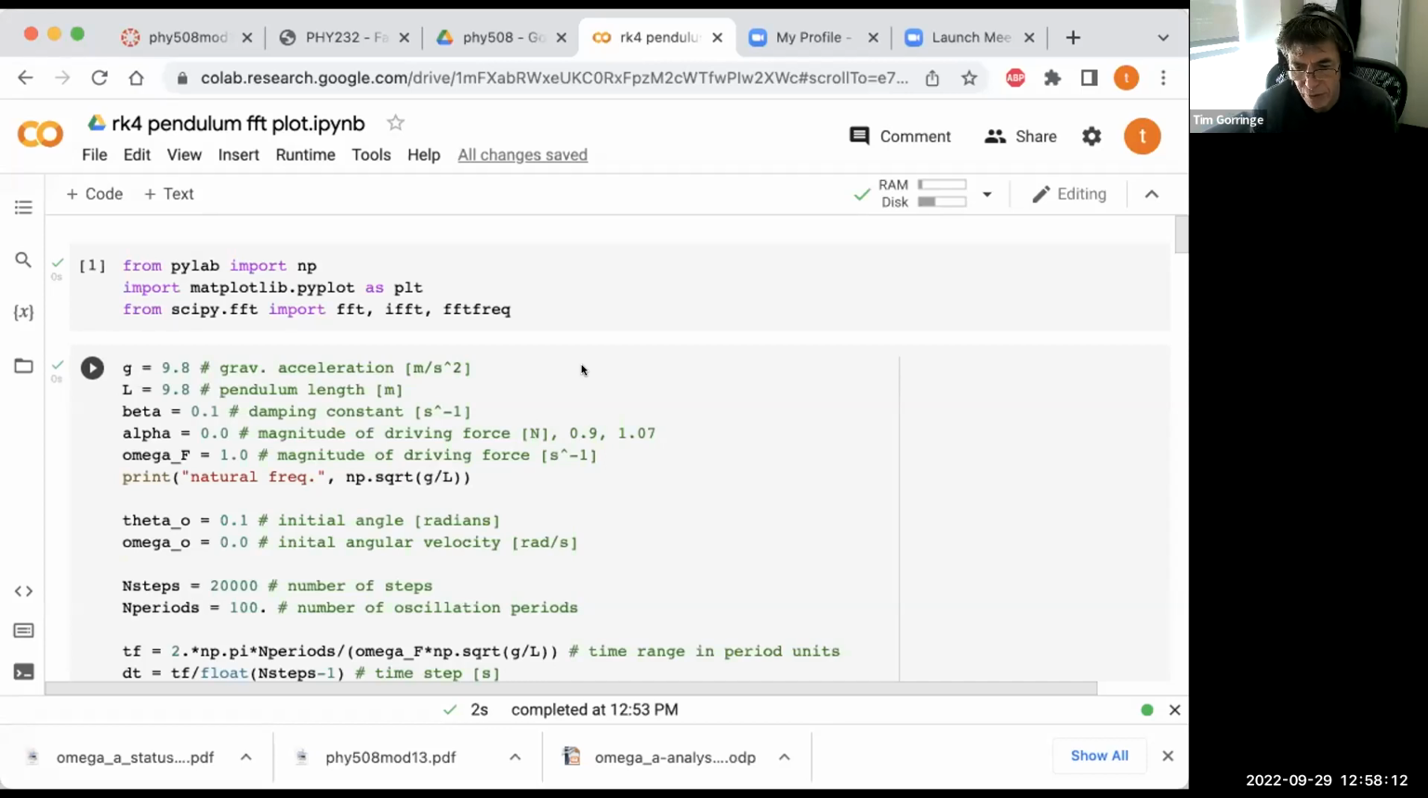Wanted to work through a Fourier transform example for the damped-driven pendulum. This is the problem that we examined when we were solving ordinary differential equations. And we explored the motion of the damped-driven pendulum through plotting the displacement versus time, the angular velocity versus time. We also looked at phase space diagrams that are trajectories in the space of the angular displacement and the angular